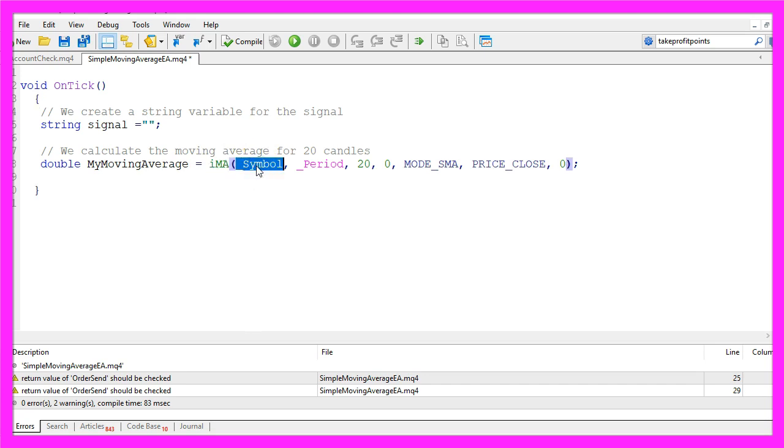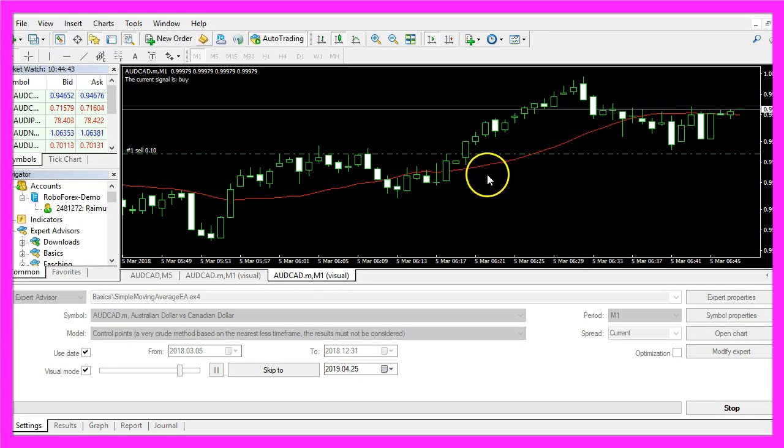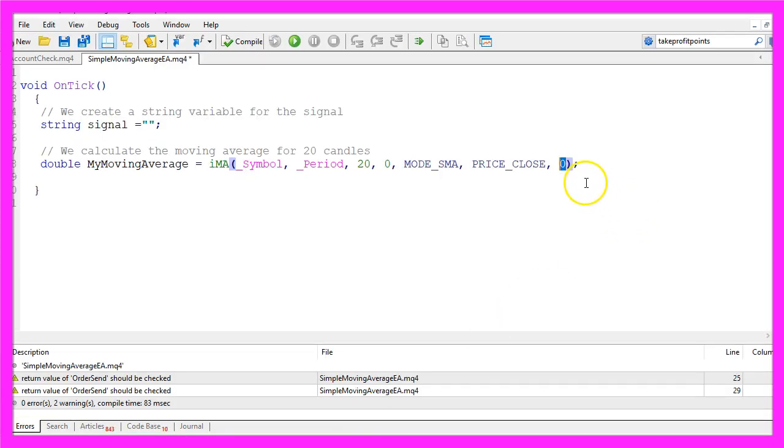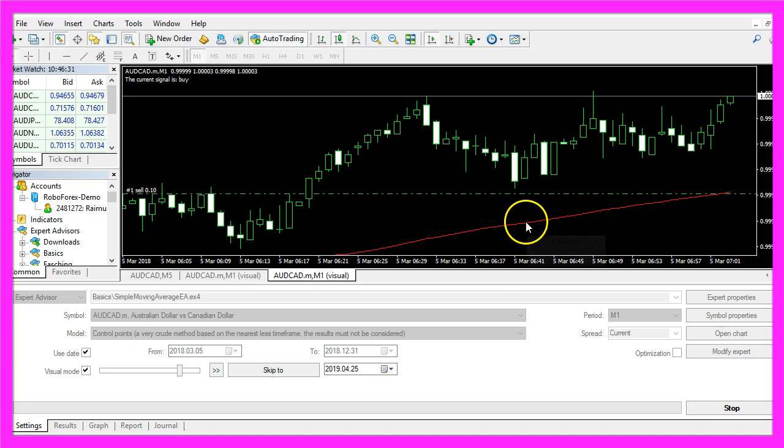The first one will get the current symbol on the chart. The second one will find out what the time period on that chart is. The third parameter here is for the number of candles that we are going to use. This value here and the last one are shift values. The first one could be used to move the drawing of the red line here to the right or to the left. The last one here is used to tell MetaTrader for which candle we want the value,